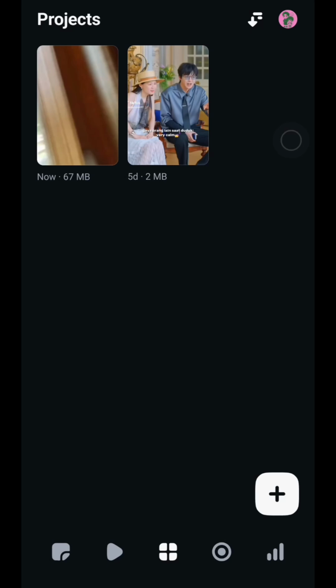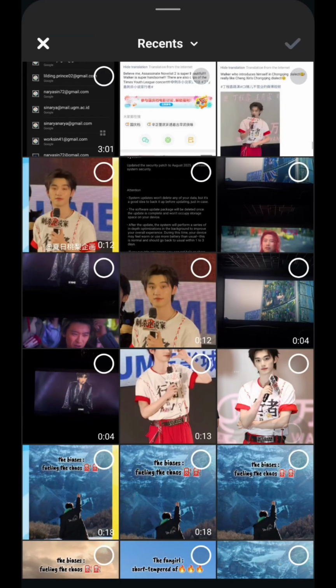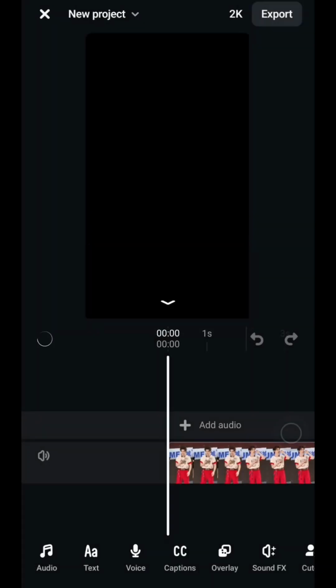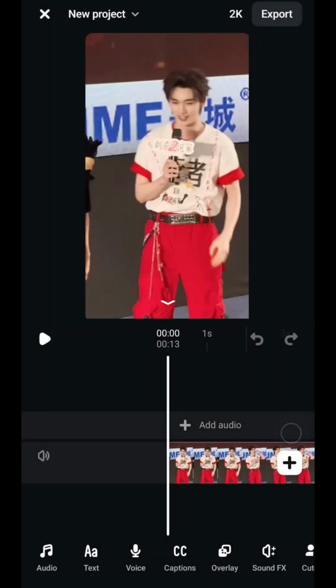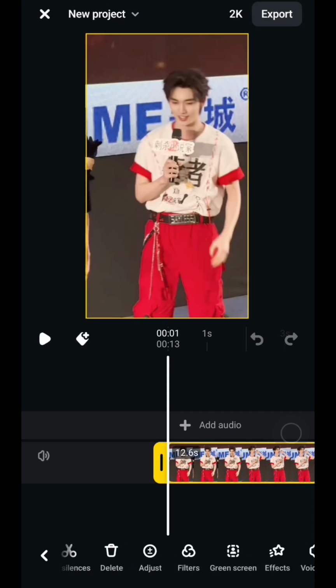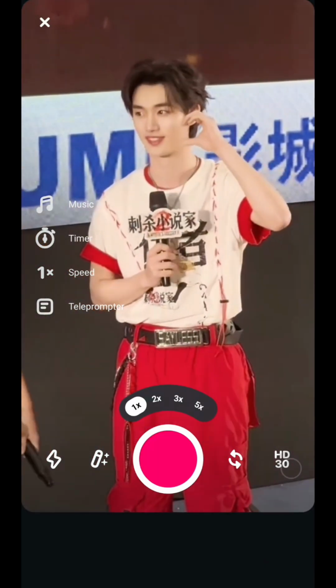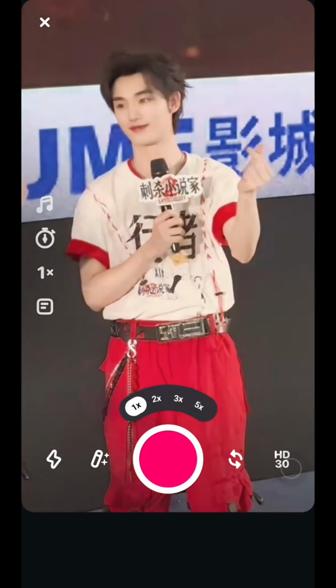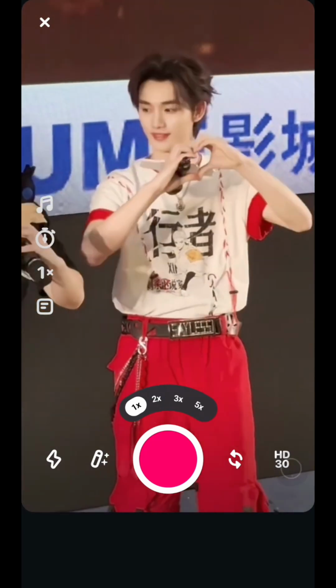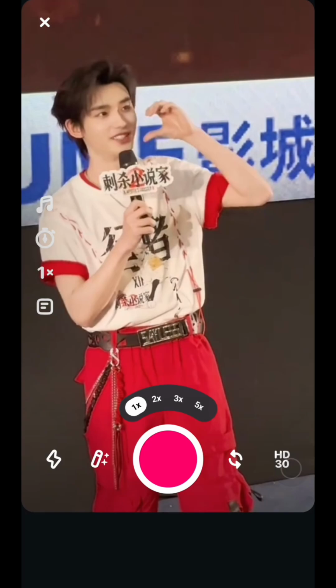Once it's installed, just open it up, tap on the create menu, and then hit the plus button, this one. Then import the video that you want to turn into an instant green screen background, like this. Then tap on the video and choose green screen, this one. Now you will notice it automatically connects to your camera and instantly cuts out your background